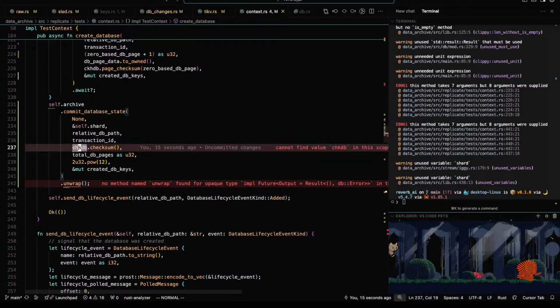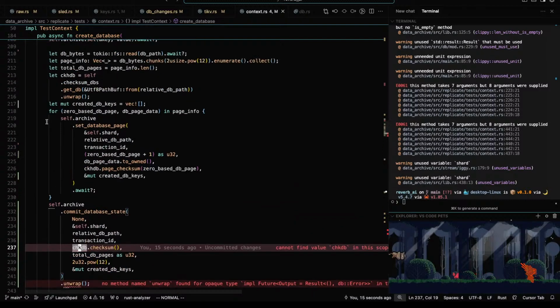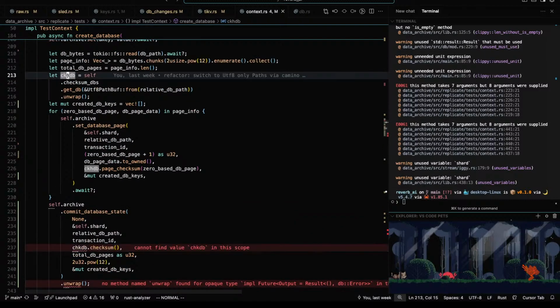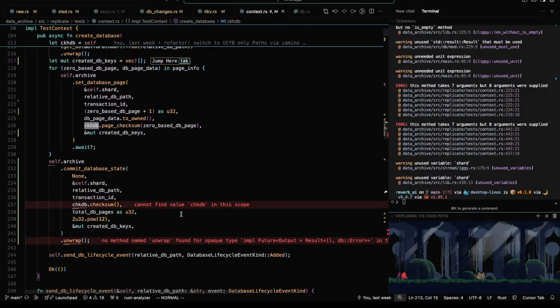Let's see. Check TV. Why can't it find this? Is that check TV is right there? Should be available. Let's see. Check TV.